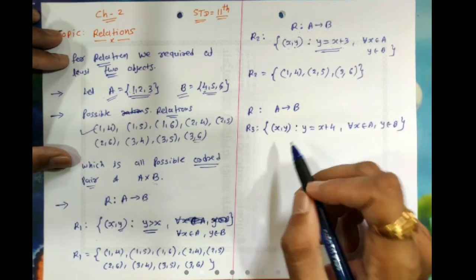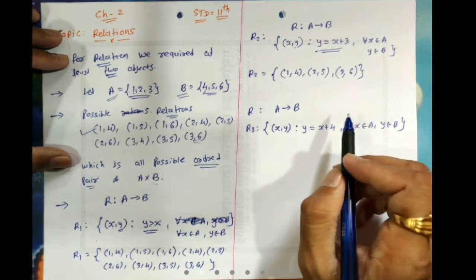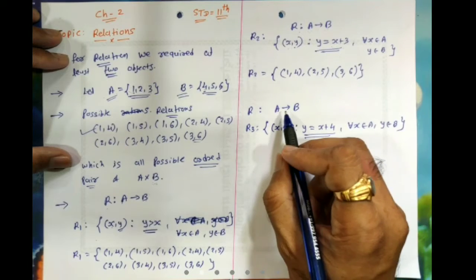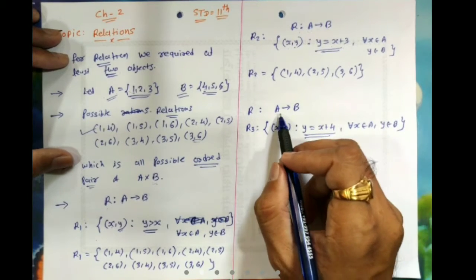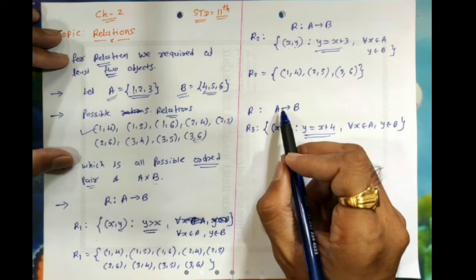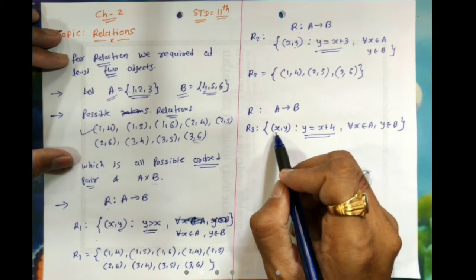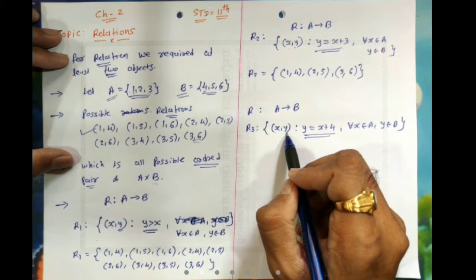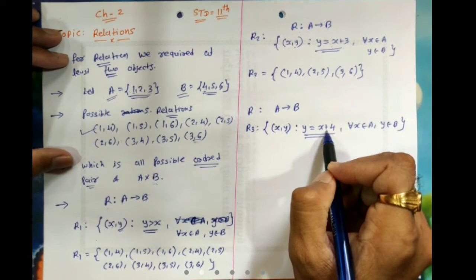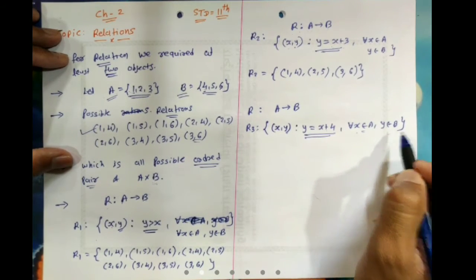सेट A और सेट B के बीच में रिलेशन तो है ही, लेकिन वो रिलेशन को हम चेंज कर रहे हैं, है ना. तो सपोज ये डिस्क्रिप्शन ले लिया, this is the relation by which set A is related to set B. Set A is related to set B means by this condition all the elements of set A are related to set B. The condition is an ordered pair in which the second element is greater than the first element by 4. First element must belong to set A and second element must belong to set B.